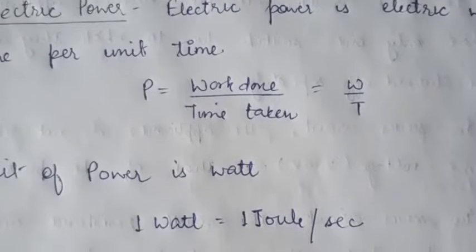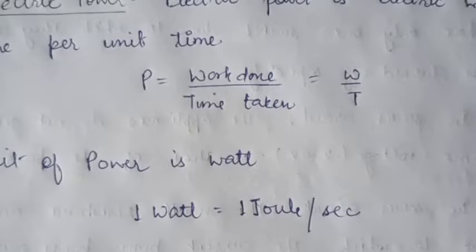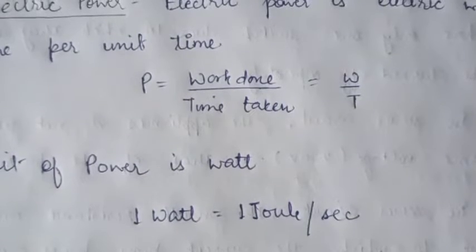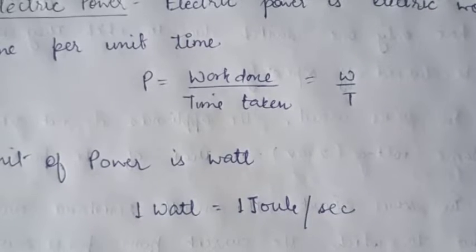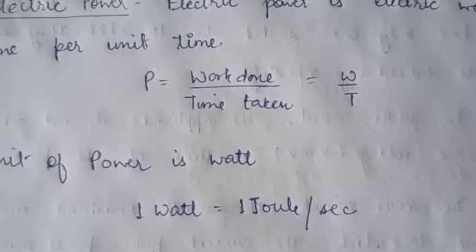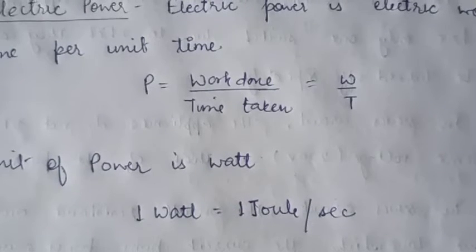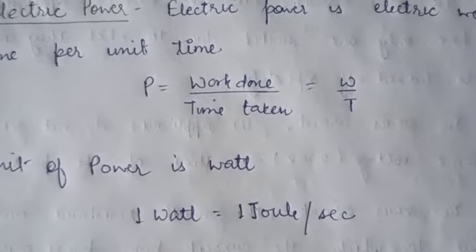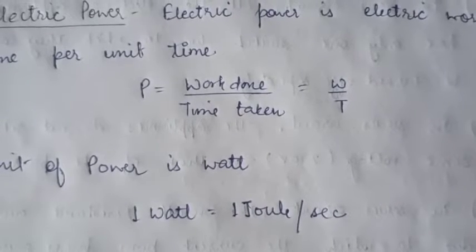Hello students, continuing the chapter electricity, the next topic is electric power. So if we have to define power, we know power is what? Rate of doing work. Now what happens when an electric current flows through a conductor? Basically we know that there is work done in moving a charge, and work done is nothing but energy. So you can say that when electric current is moving in a conductor, then electrical energy is being